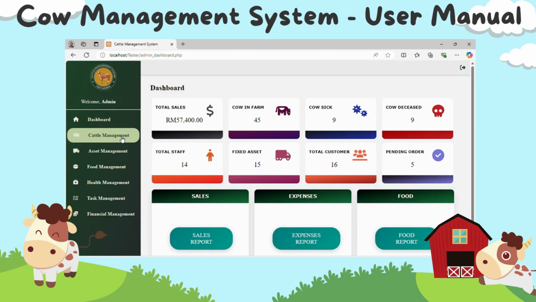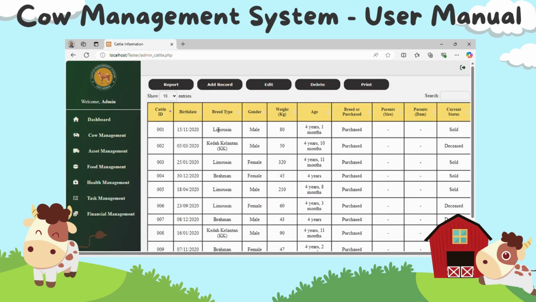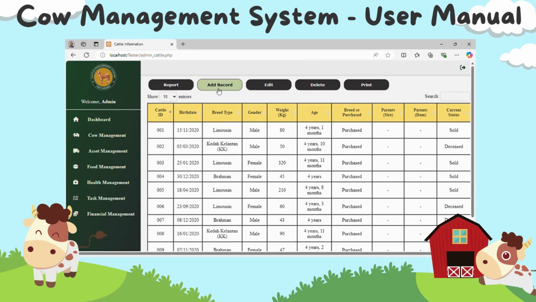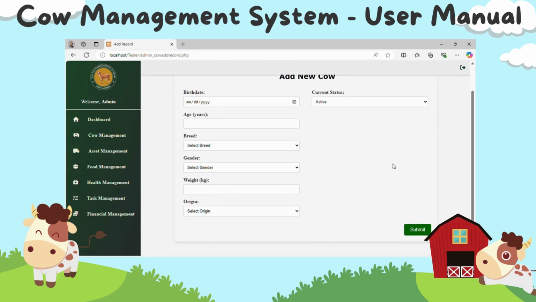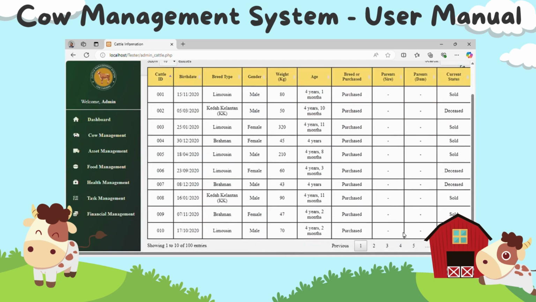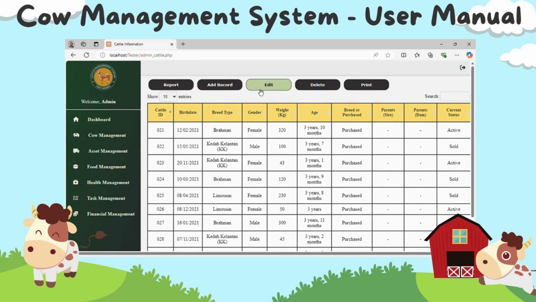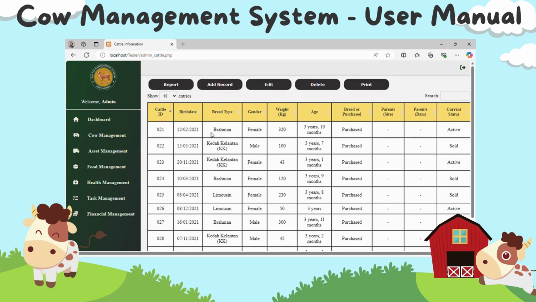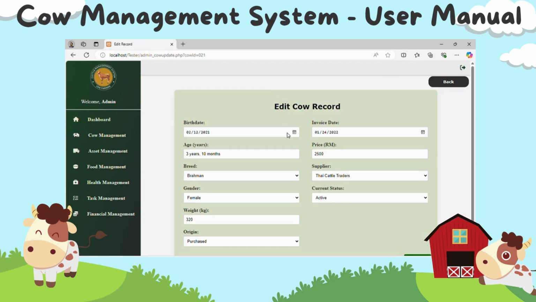Moving on to the cattle management module. In here, we can see all the data for the cows. We can add a record for new cows that will be entered into the database, and we can edit a cow by choosing a cow first in the database and then clicking the edit button to change